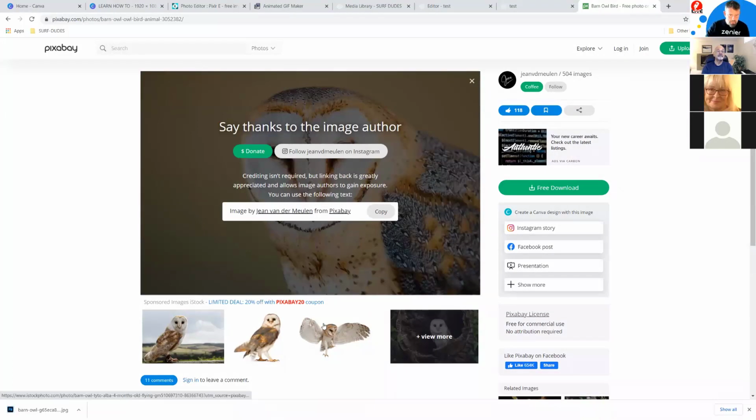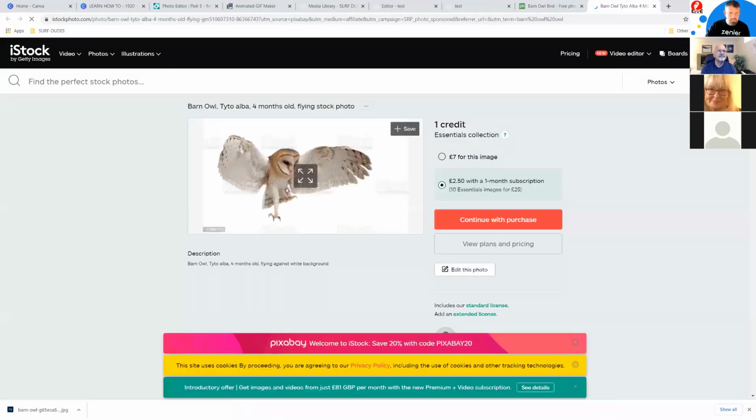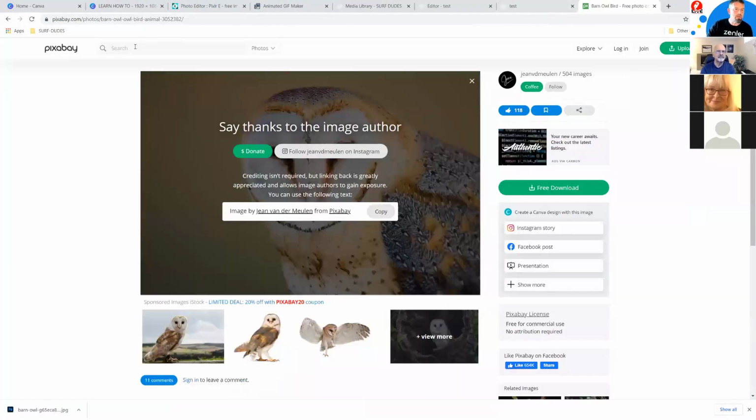And at the same time, I'm going to grab one of these little images here. This looks like, oh, it's a stock image. Don't want to use a stock image. It's going to cost me money. We don't want that, do we? So I'm going to go to owl,